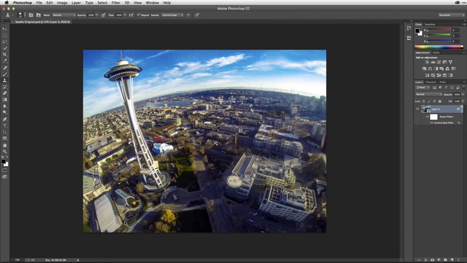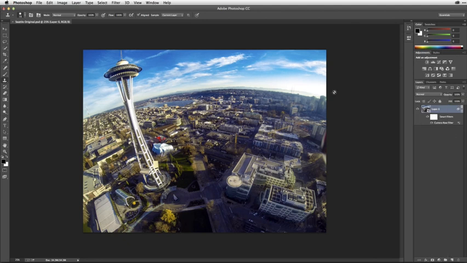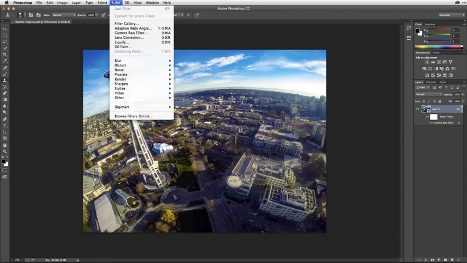Now, this is where it starts. I first make a smart object out of my original image in this case because it came from the GoPro Hero 3 as a JPEG image. I'm going to right-click here on the image and convert it to a smart object. That's your first and most important step in this process of working with adaptive wide angle because it makes this process non-destructive. Once I've done that, then I can go up here to my filter menu and down to adaptive